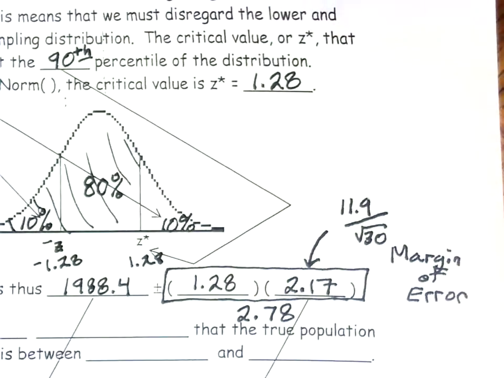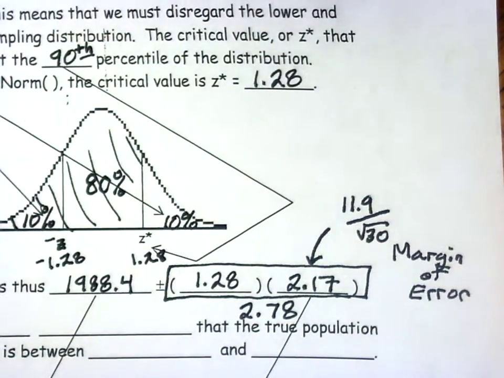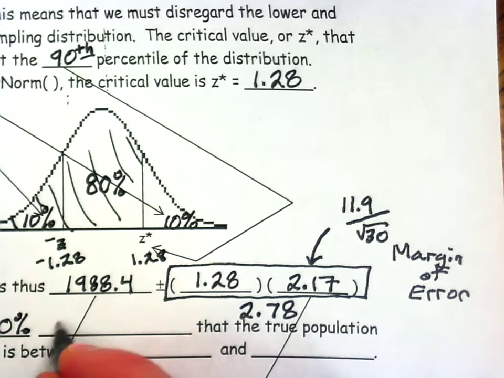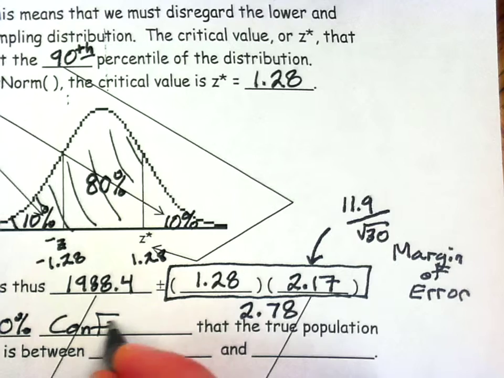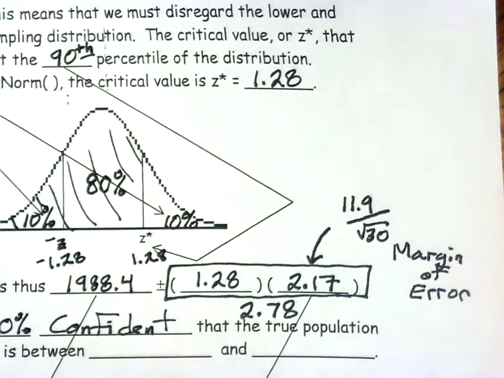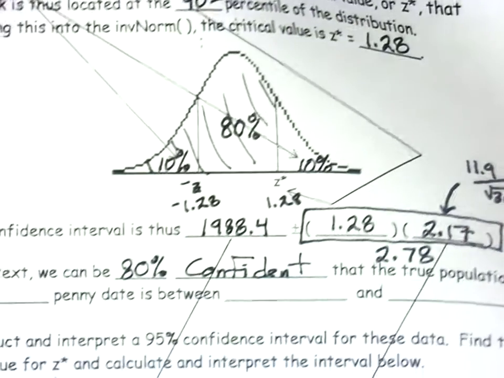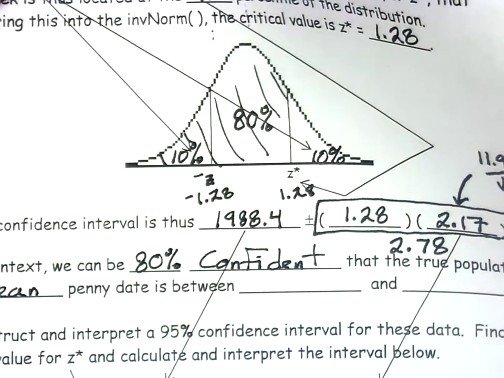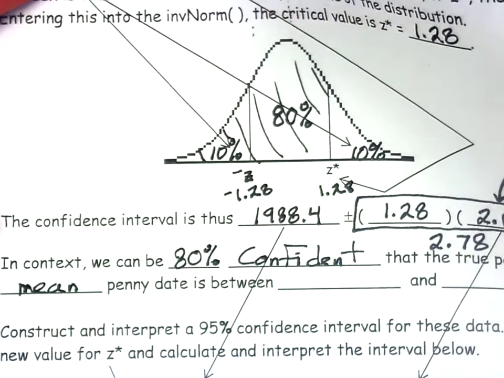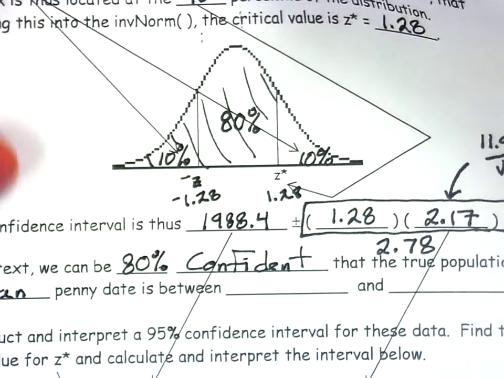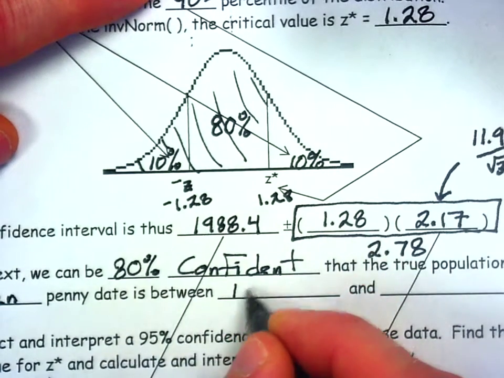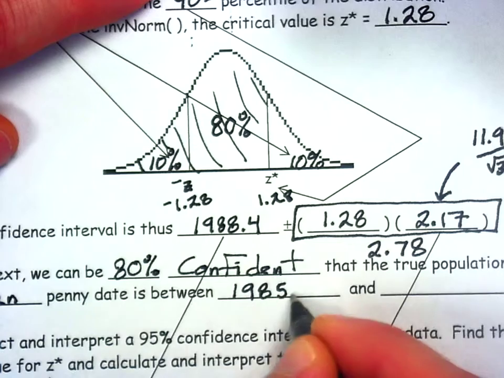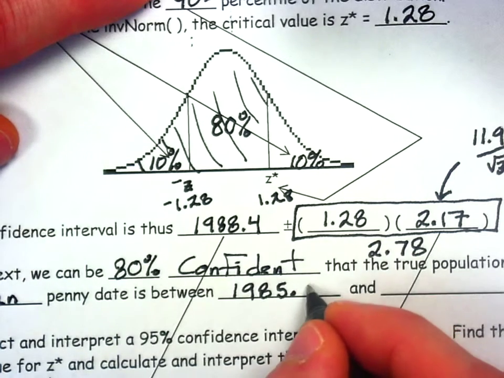So the way that we would write about this in context is, we can be 80% confident that the true population mean penny date, the real population parameter, is between 1985.62